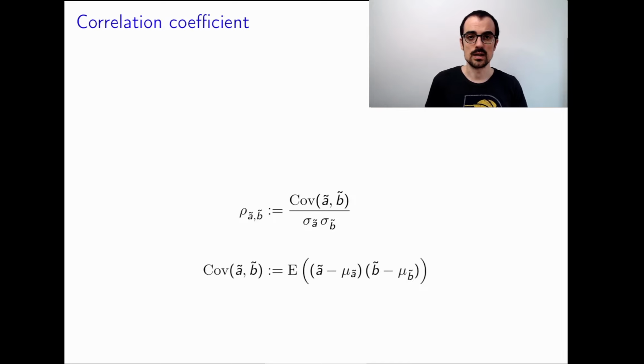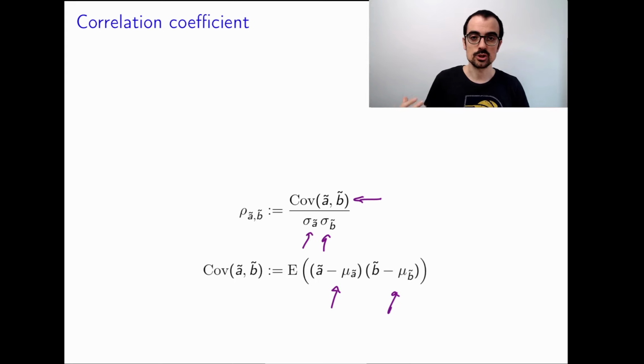Let's first review everything we have already learned about the correlation coefficient. We have seen that we can define the correlation coefficient between two random variables, A and B, from the covariance between A and B, which equals the expected value of A minus its mean times B minus its mean. So we multiply the centered random variables and then we take an expected value. In order to obtain the correlation coefficient from the covariance, we have to divide by the standard deviations of A